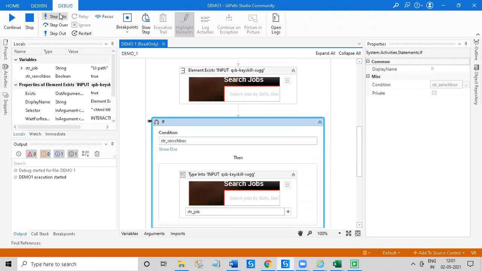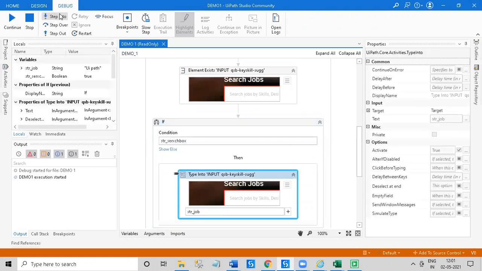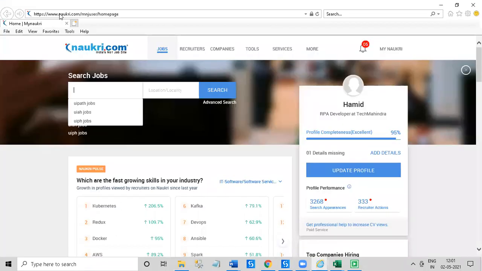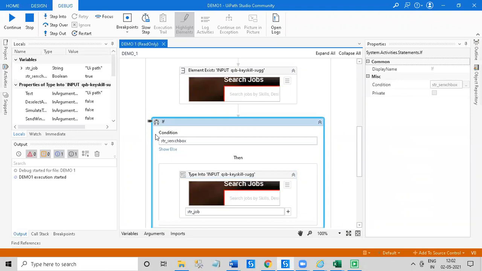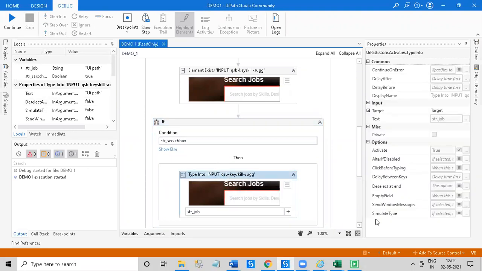If present, it will take the value saved in the variable str job and write UI Path over here. One more thing: we have to click on simulate type, then only it will write the complete thing.